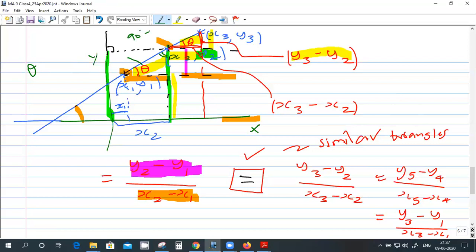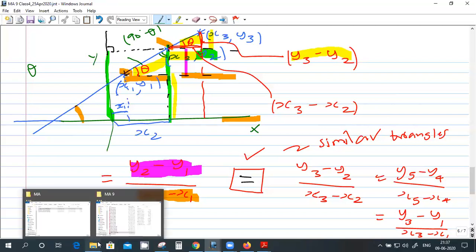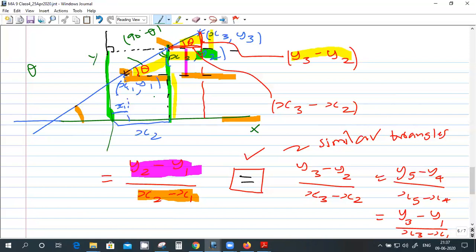Theta is a Greek alphabet. Like you're using x and y for variables, similarly we can use variables for angles, which are called theta, some Greek symbol. So this angle is 90 minus theta, because if you add this 90 minus theta with theta, I'll get 90. And there's one more 90 here, so that will give me 180. In this triangle, this is also 90 minus theta. So these two triangles are similar.